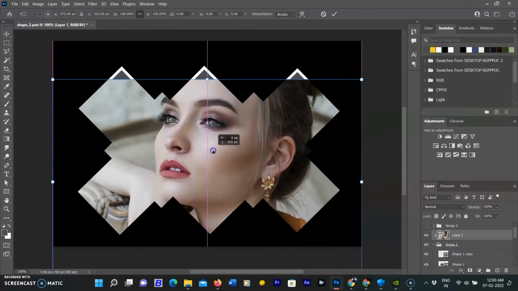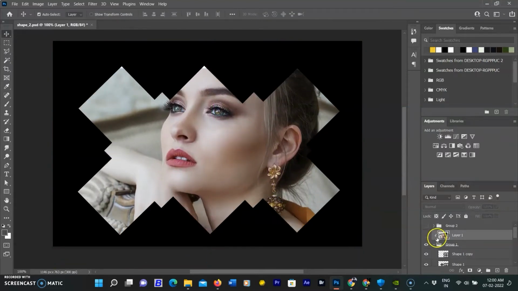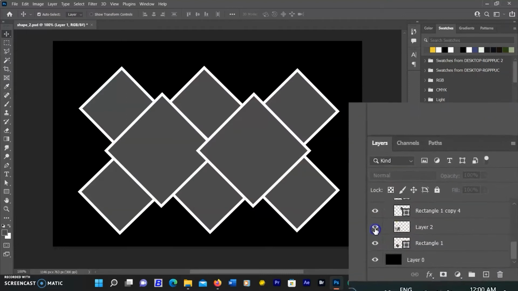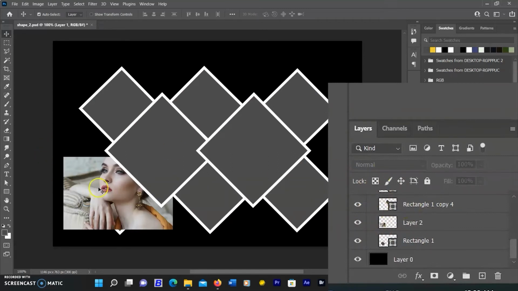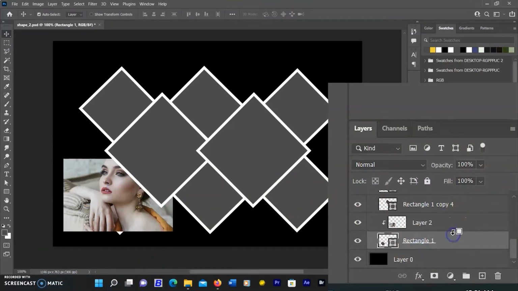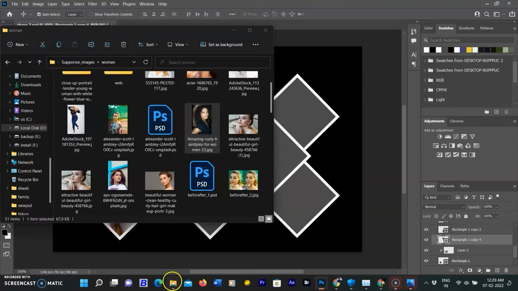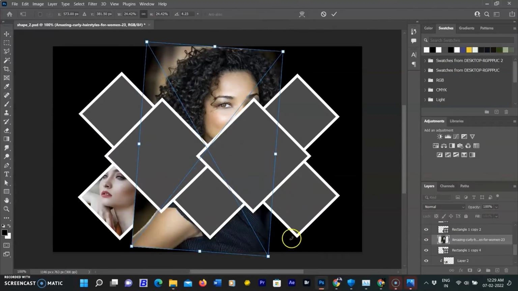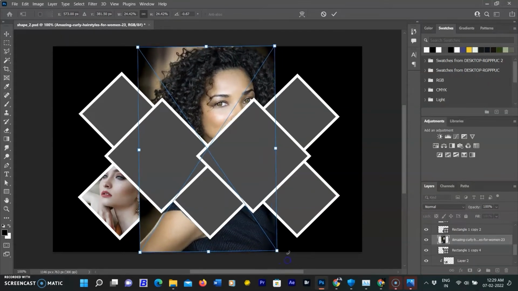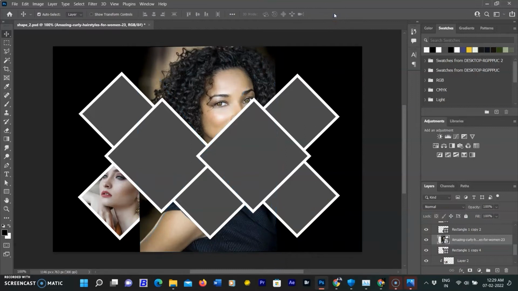In the second method, we need to unclip the image that you composited in the shape. So I am selecting an image layer and placing it on top of the first shape layer in the layer panel and clipping it by using the shortcut Ctrl plus Alt plus G in Windows or Command plus Option plus G in the Mac. In this way, I am selecting another image from my local folder, dragging it to the top of the second shape layer and repeating the same shortcut that I used for the first image to use the clipping mask. The image is bigger than the shape.